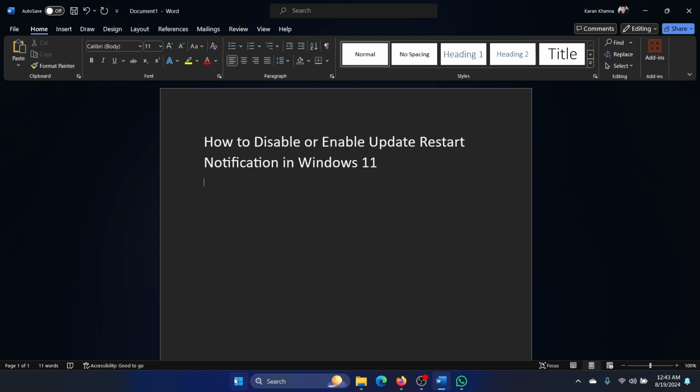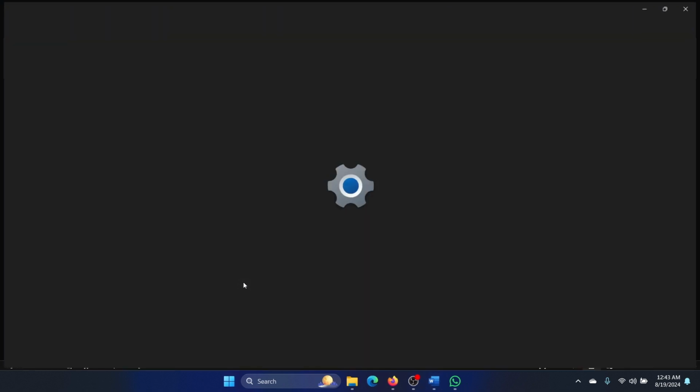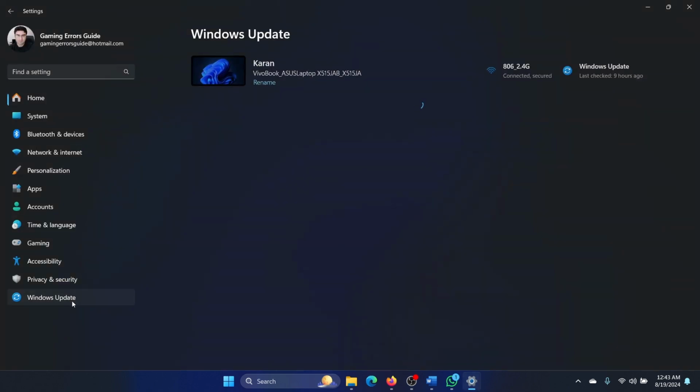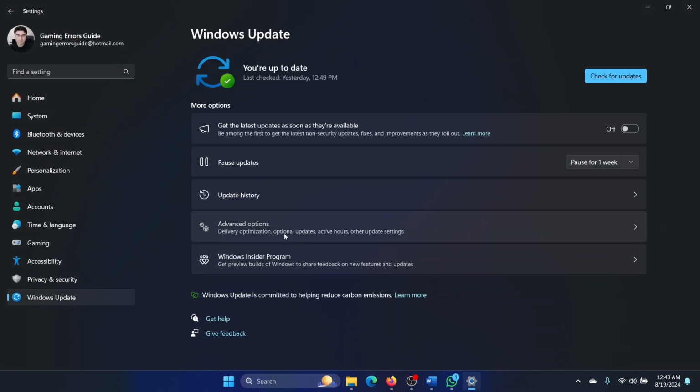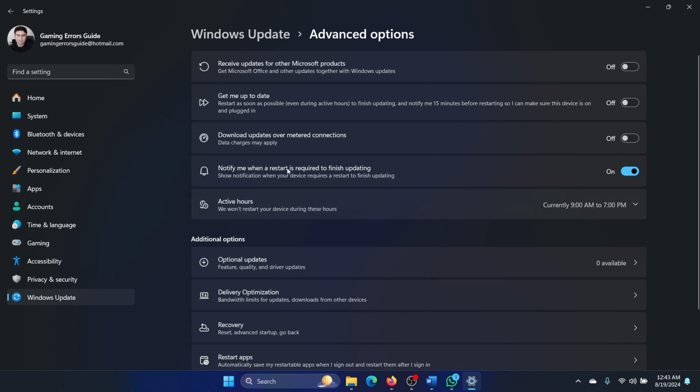So right click on the start button, select settings from the menu, go to the Windows Update tab on the list on the left hand side, select advanced options and there's an option: notify me when a restart is required to finish updating. If you turn this off, that is disabling this option, and if you turn it on, it is enabling this option. I suggest you keep it turned on because if you turn it off by mistake,